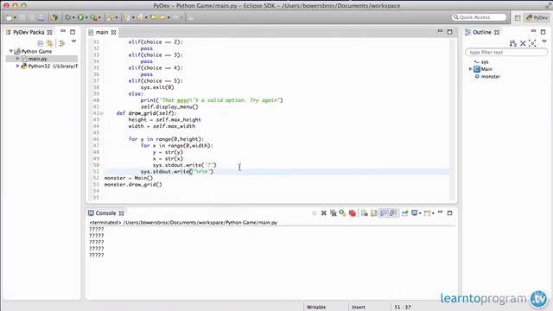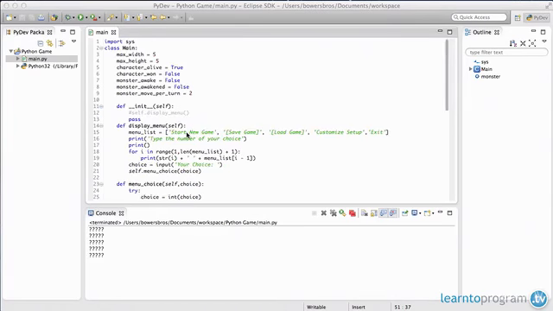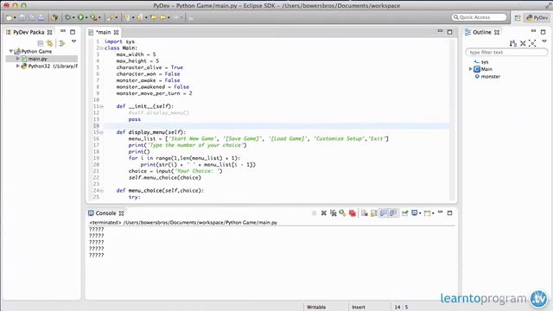Now what we're going to do is place the character, the trap, the flask, and the monster as well. With these 4 things, we will need to create 4 different functions. I'm going to create these at the top of the page, although it doesn't matter whereabouts you create them. And if we call the first one place character,